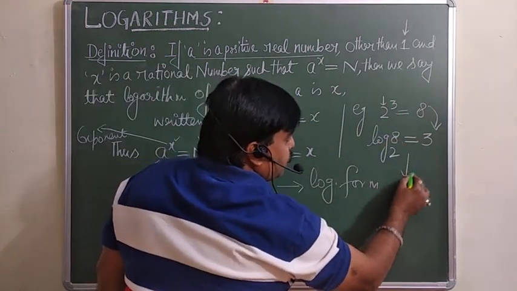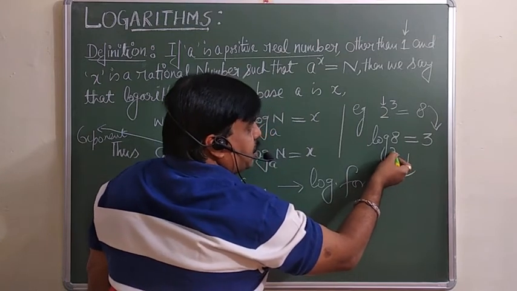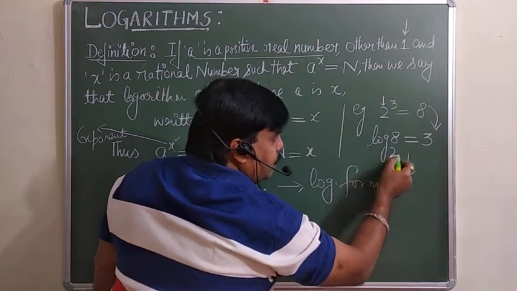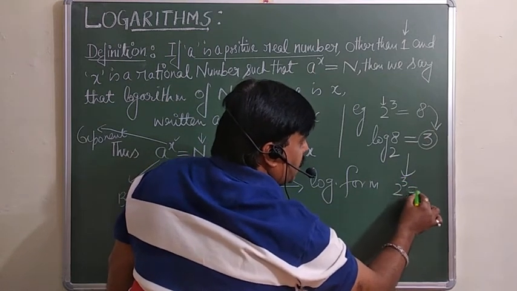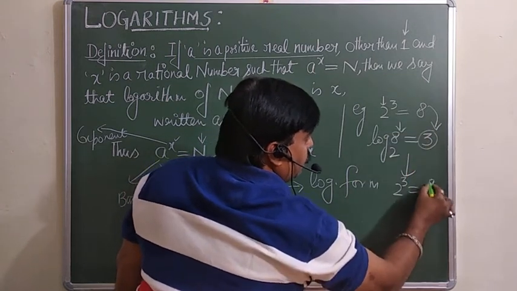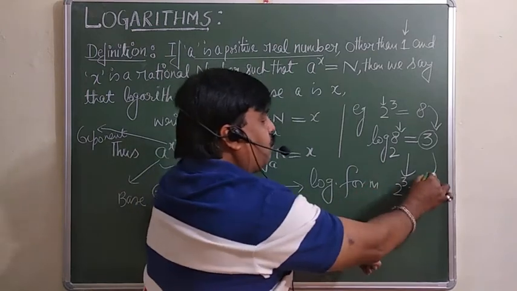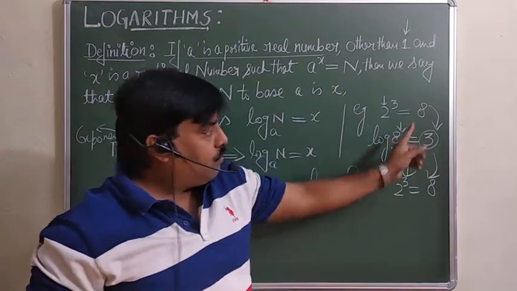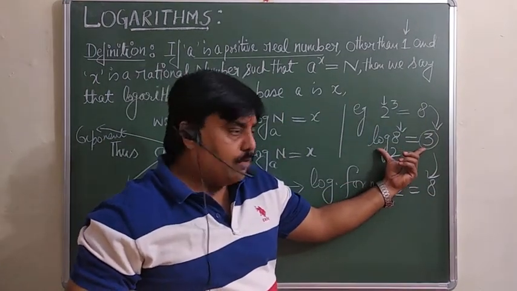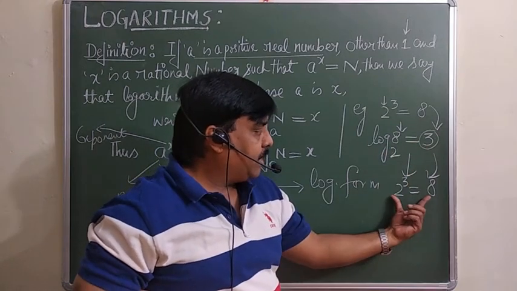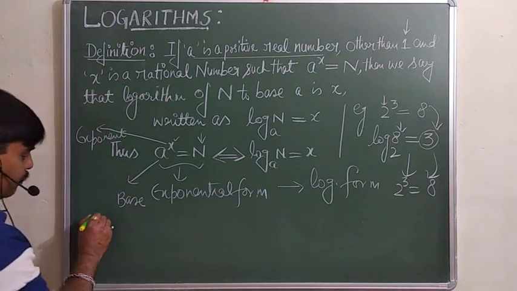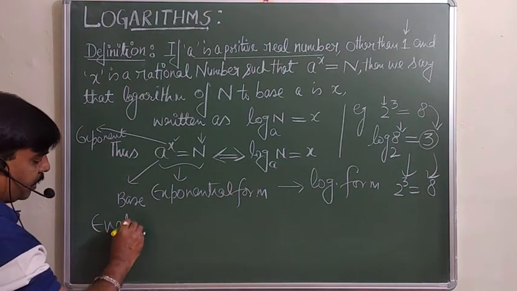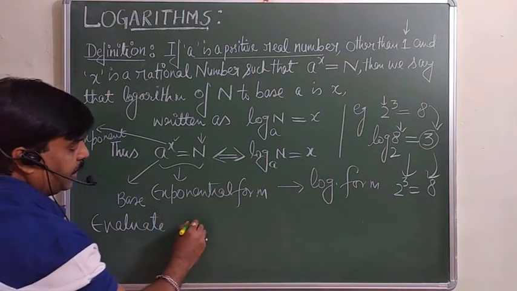Suppose you want to write this logarithm in the exponential form, then take this base and make the exponent of this one equal to this number 8. So any exponential form can be written in the logarithm form, and the logarithm form can be written in the exponential form. Sometimes the question can be asked to evaluate,